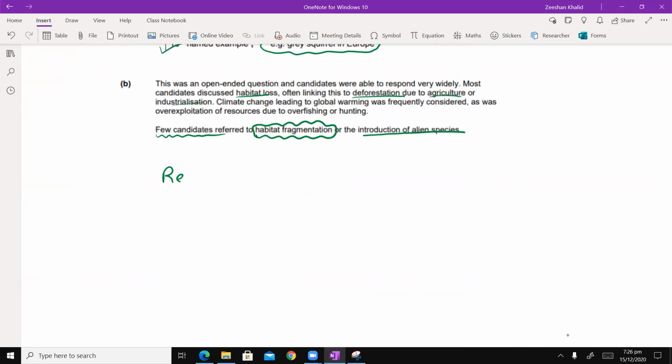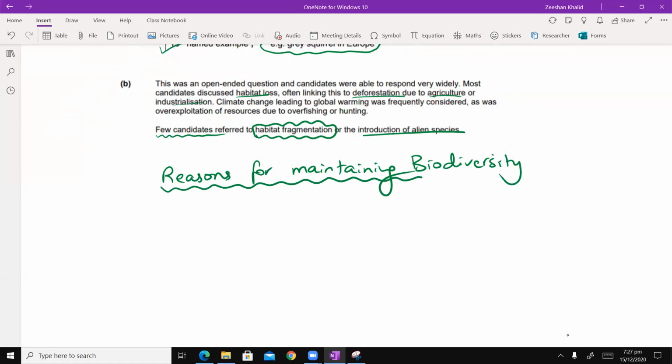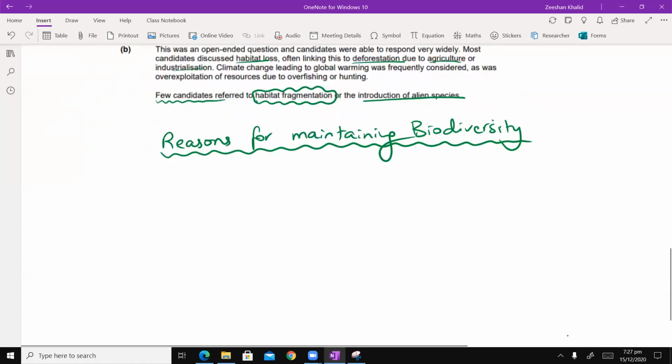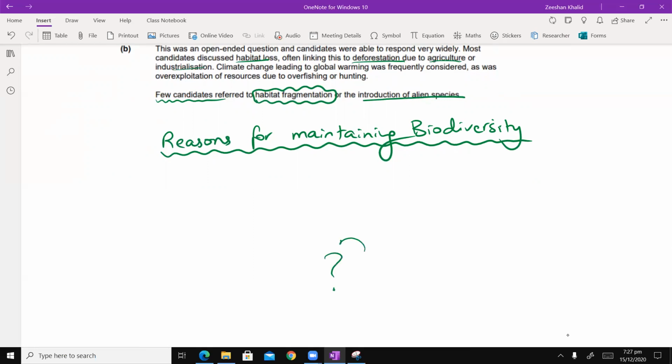So the next thing is reasons for maintaining biodiversity. All right, there you go. चलो जी, so reasons. Number one, aesthetic reasons. क्या मतलब aesthetic reasons? Aesthetic reasons कहते हैं जी